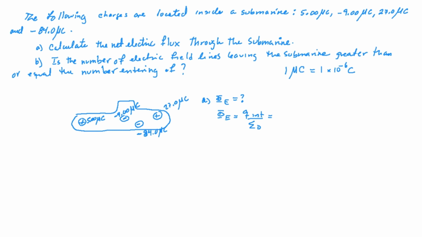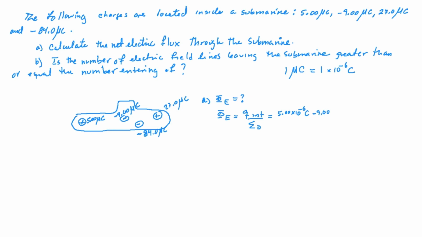So we say that this is 5.00 times 10 to the negative 6 coulombs. This is the positive one. And later minus 9.00 times 10 to the negative 6 coulombs